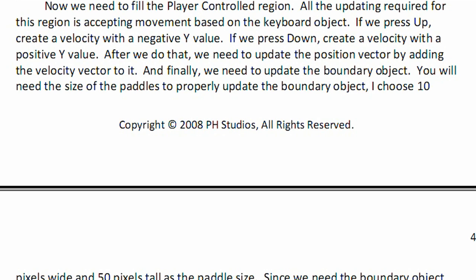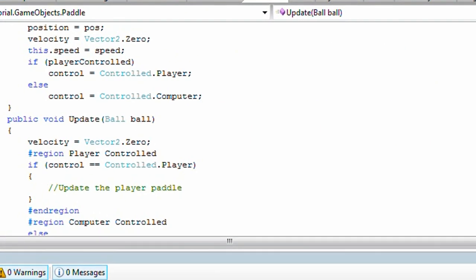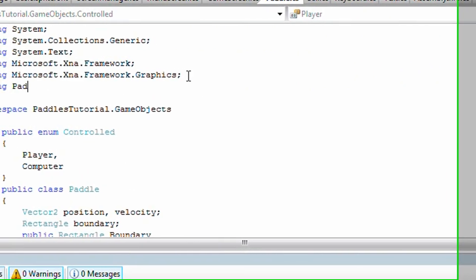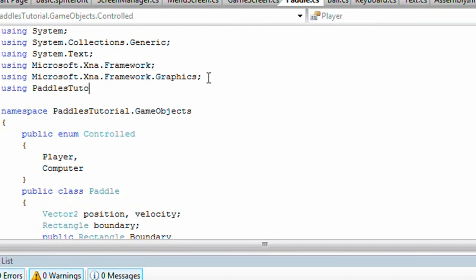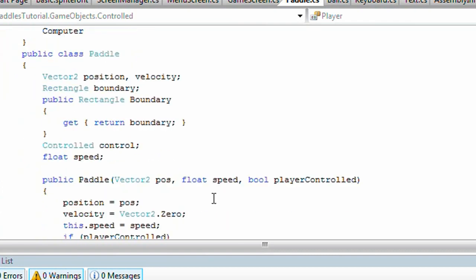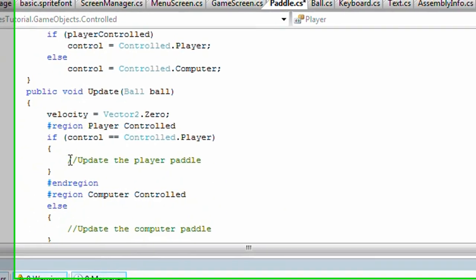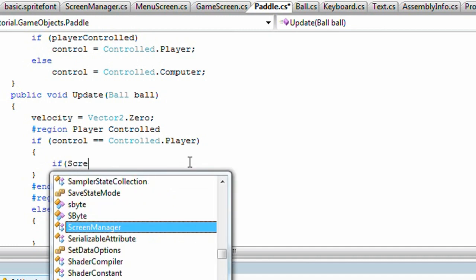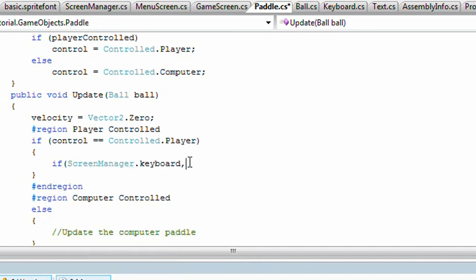Now, in order to call the keyboard, we need to call the Screen Manager class. And in order to do that, we need to add another using, which is using paddles tutorial.gamescreen. And inside the player controlled region, inside the update, we need to use the input: if screen manager.keyboard.up